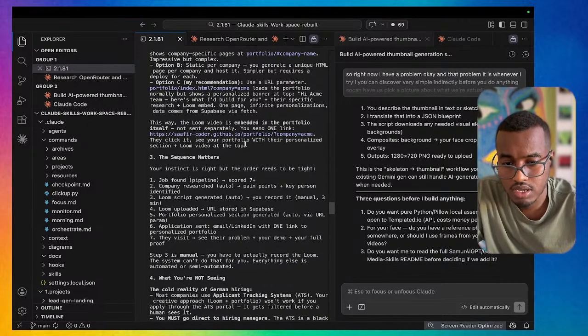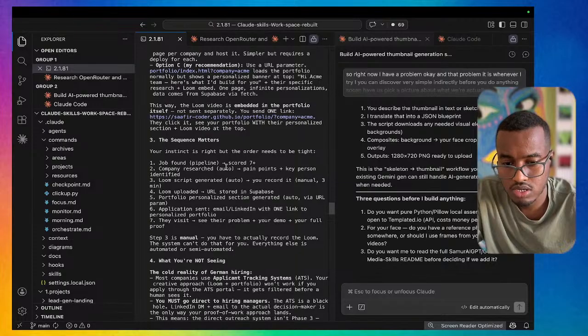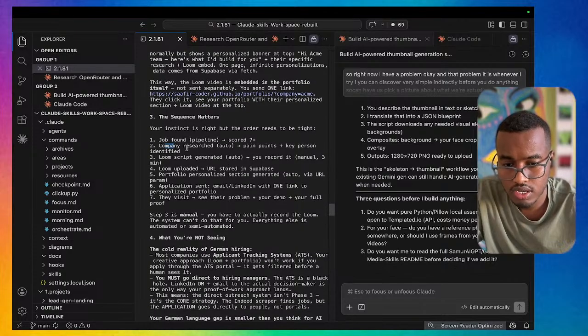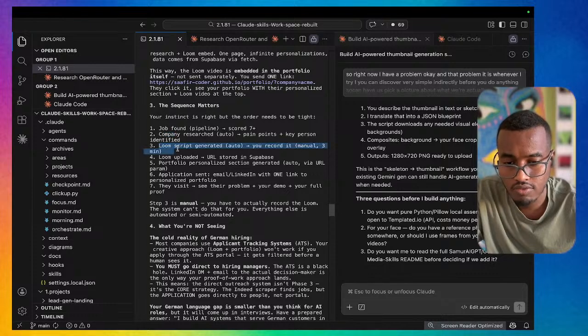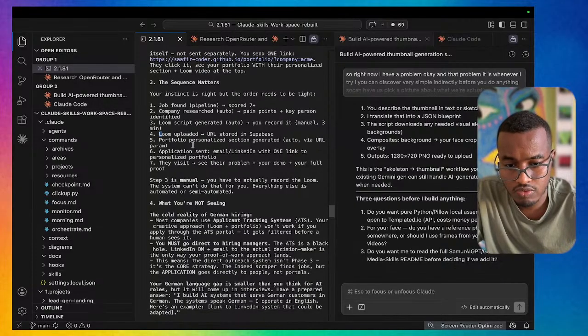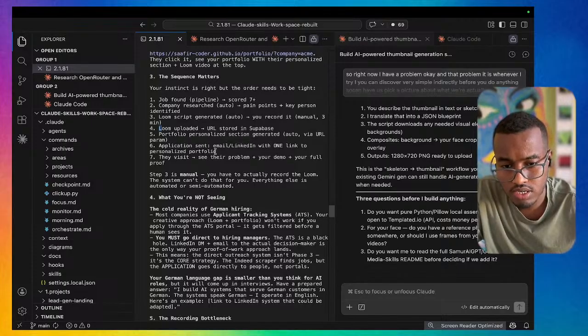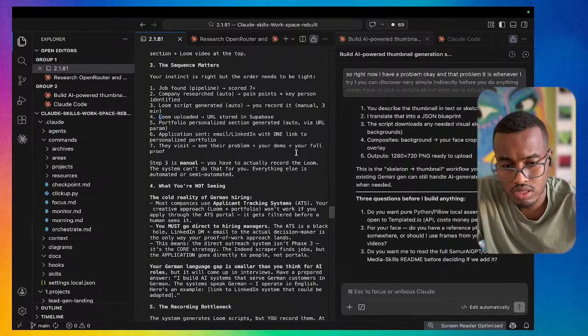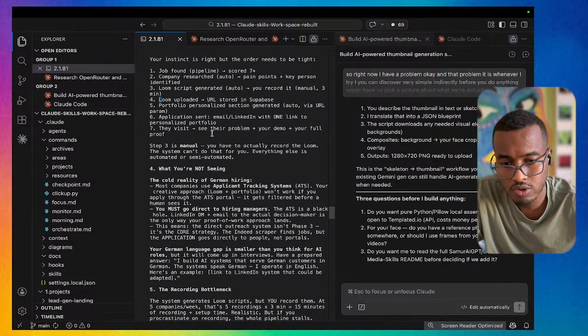This is why the Loom is embedded. So it's a question matter. Job found, company research, pain points plus key personalized. Then we have a Loom script generator, auto. You record it manually and upload. The Loom URL is stored in Supabase. Portfolio personalized section generation is automatic via parameters. Application sent by email and LinkedIn with one link, the personalized portfolio. The visitor sees the problem plus your demo, your full